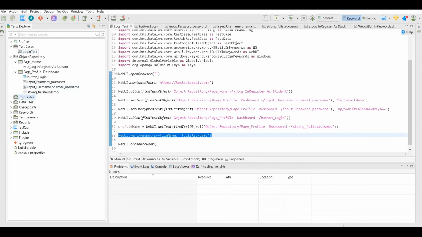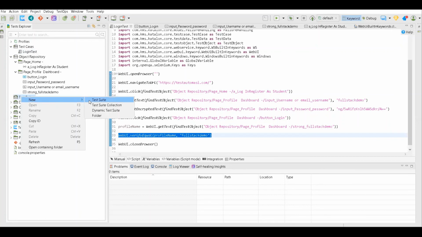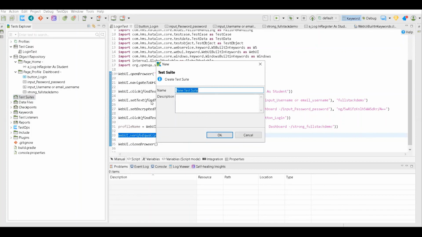So let's create a test suite now, add this test case in the test suite and try to run it. We will say login test.